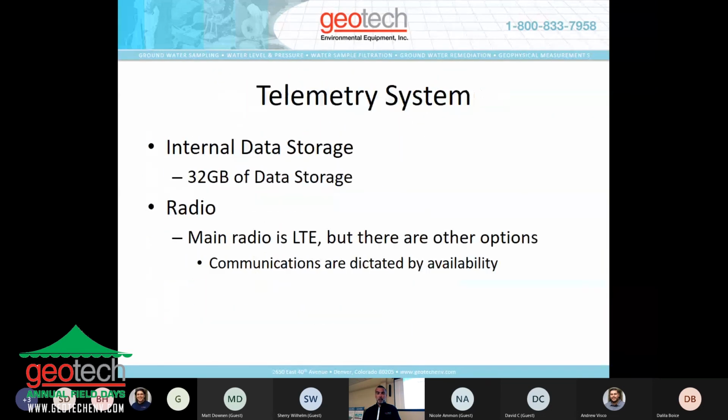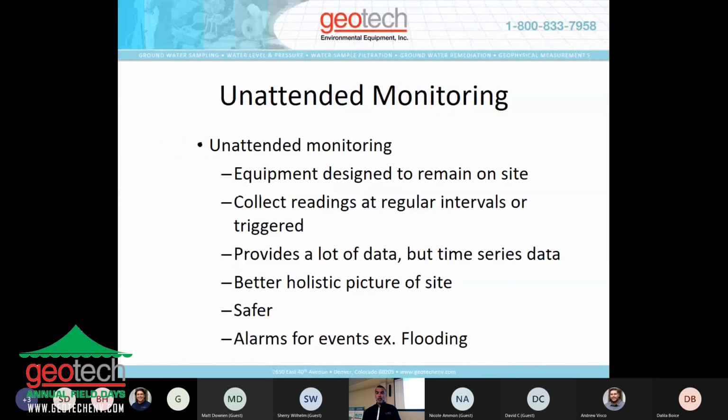So our sensor inputs, we can do 4 to 20, SDI-12, pulse, Modbus. We can take a lot of different sensor inputs, and that's changing every day on what we can take in. We used to have a limited number of 4 to 20 milliamp inputs. That's growing. As needs come up from customers, we are adding those applications or modifications to